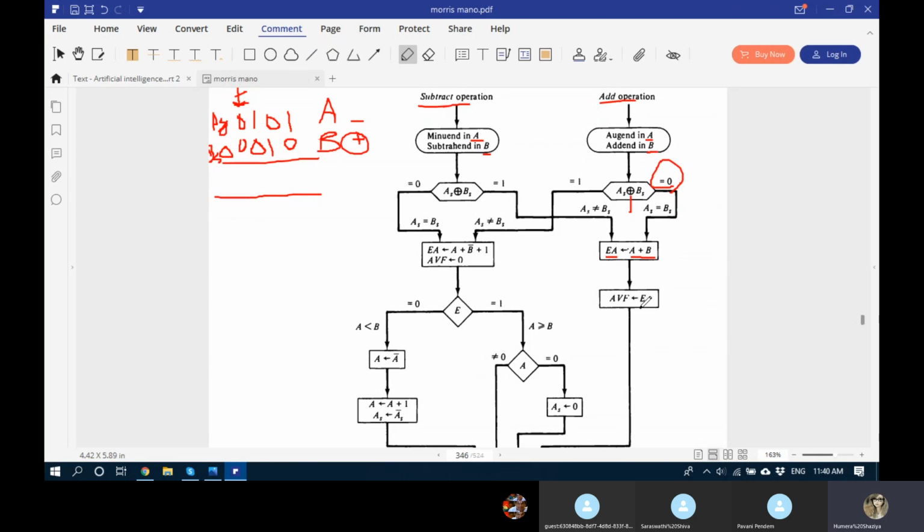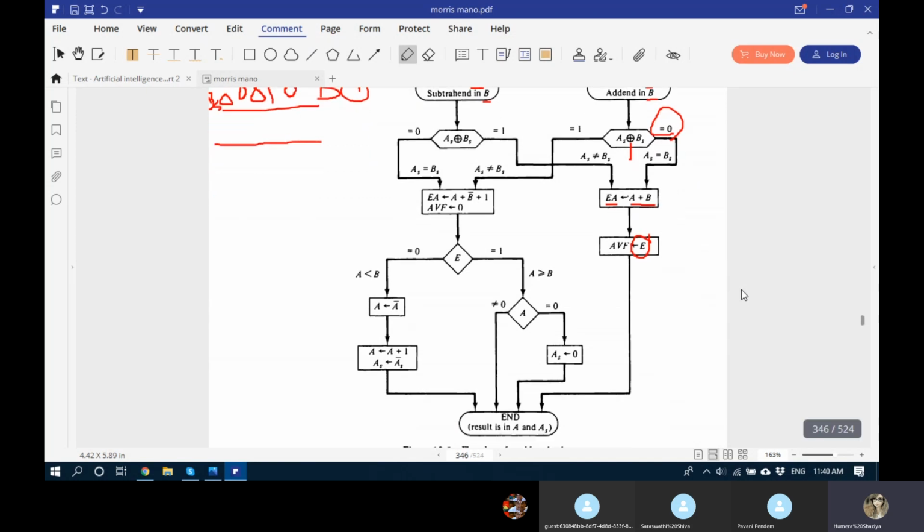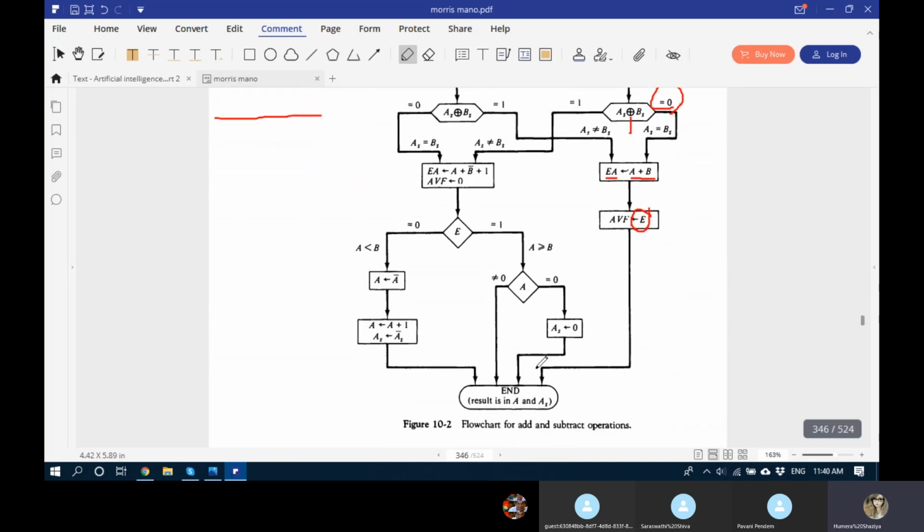After you perform that, you transfer the E value into AVF. Okay. Next, what happens? You get the result. The result is in A and AS,